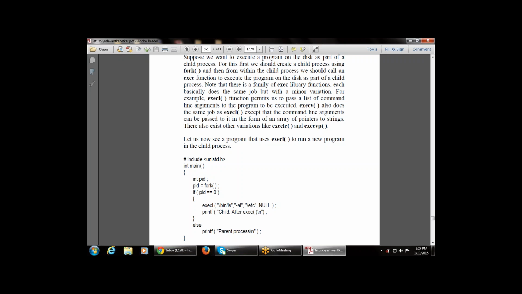Then we check the condition: pid equals the return value of the fork function. It simply passes the output of the fork function into pid. Then check the condition: if the pid, that is the process ID, is equal to 0,